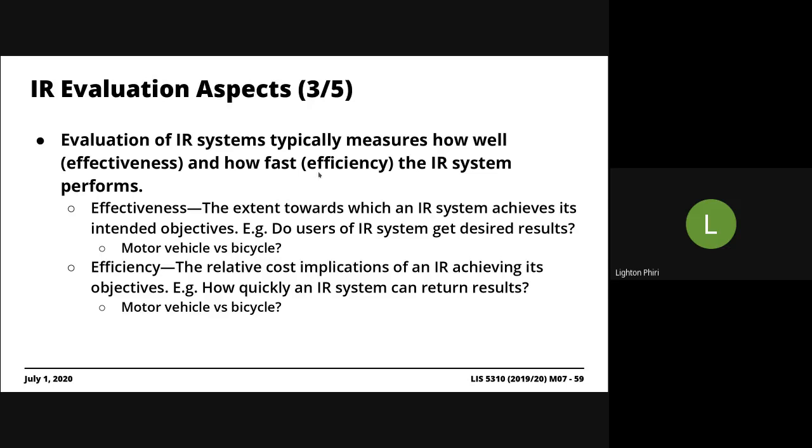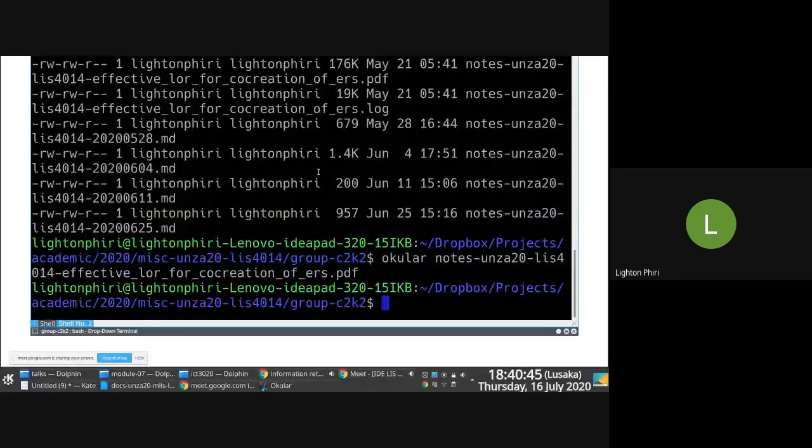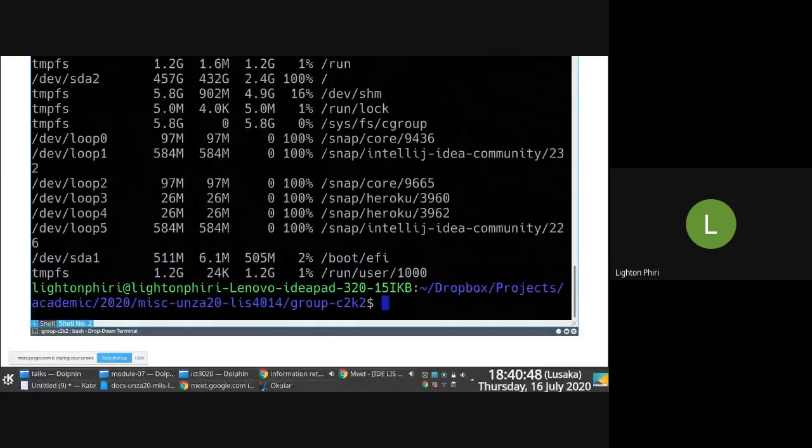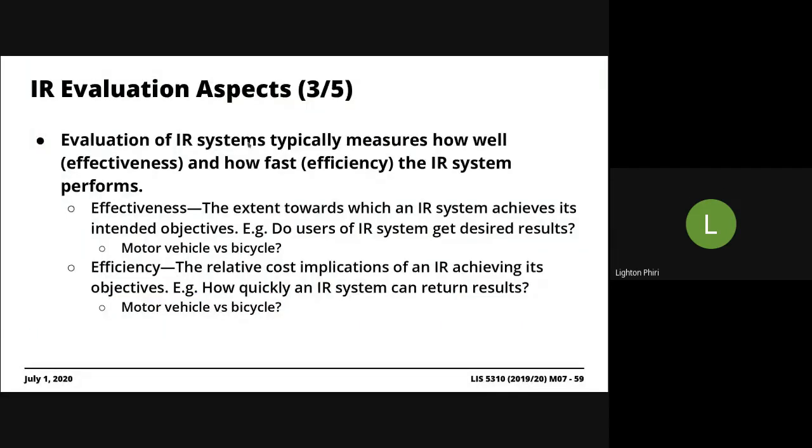Does the information retrieval platform use a lot of RAM, for instance? That would be efficiency, computing resources. Is it that the index that you tend to generate once you index data is significantly larger? It occupies a lot of space. That would be computing resources as well, efficiency, right? So broadly speaking, it's efficiency and